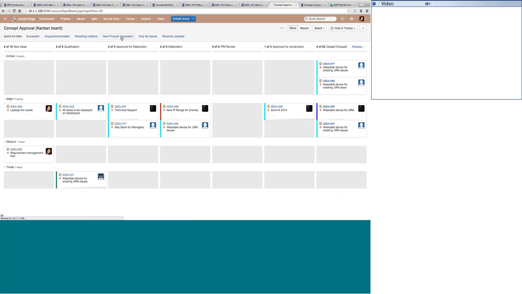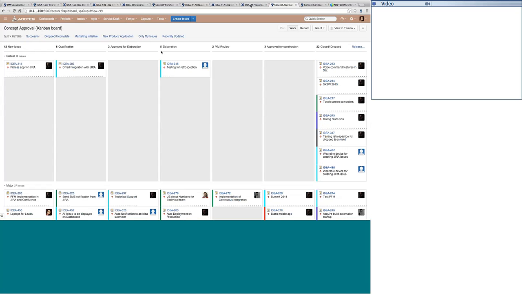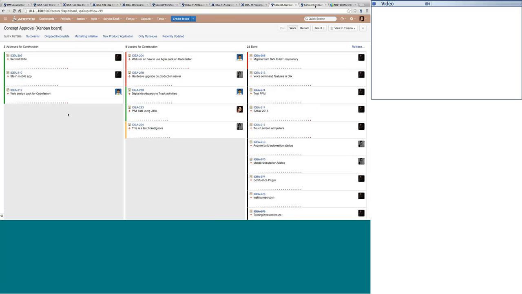Now coming to the concept construction part, this Kanban board is more to do with the construction or the implementation or the delivery of the concept, going from just being a concept or an idea to converting it into a project or a selling product. So when we come to the construction or implementation part, we are more concerned about the due dates or the efforts and so on. Now here we have come up with color coding. Let's say there was a due date for a particular idea, and we wanted this product to be in the market by such and such date.